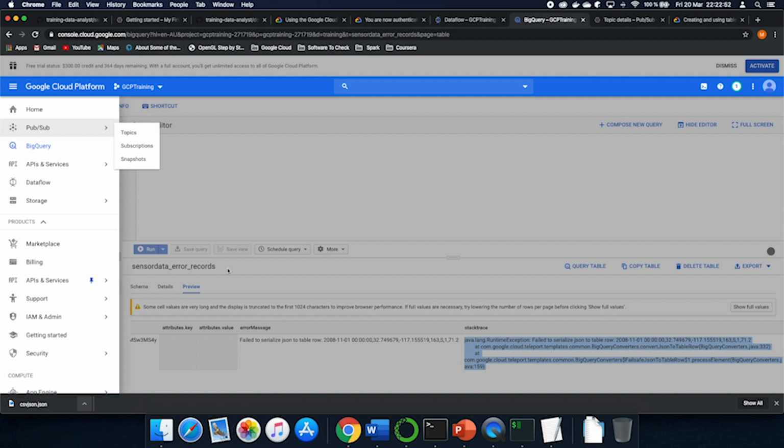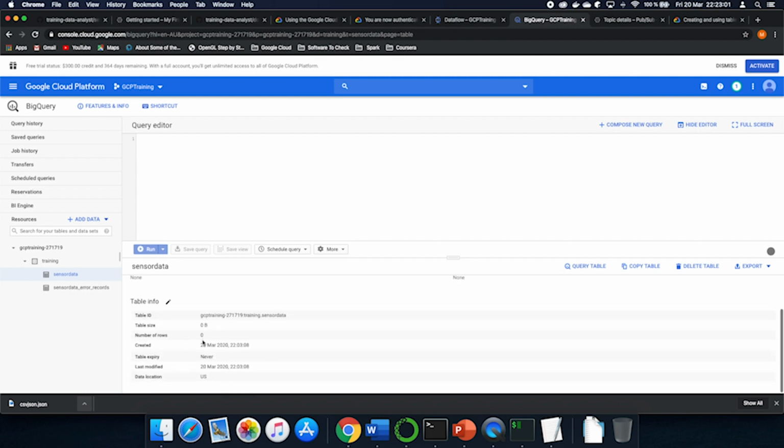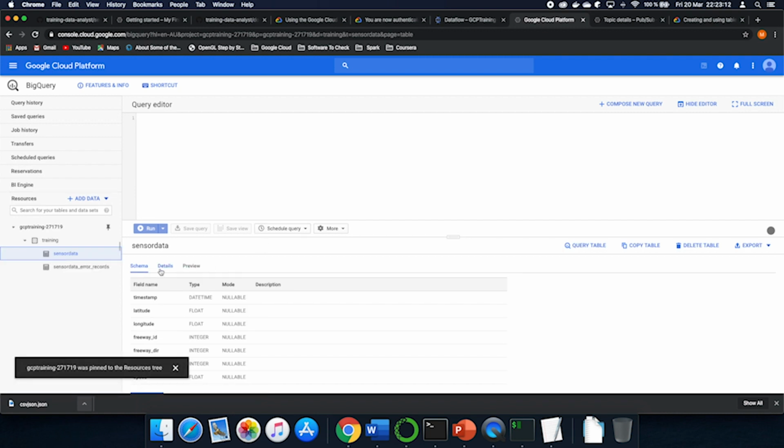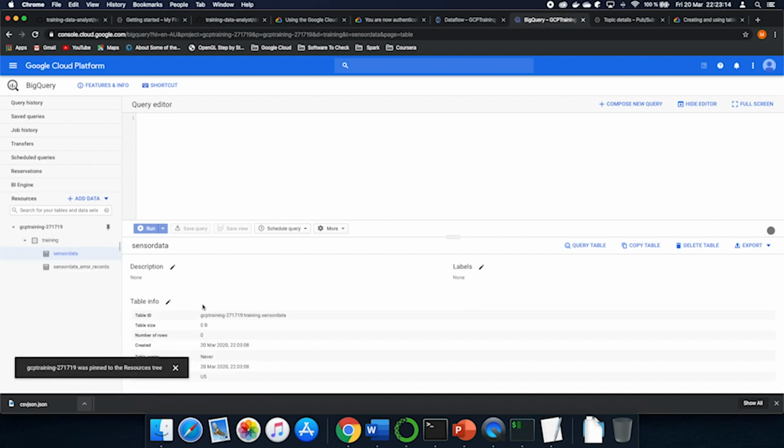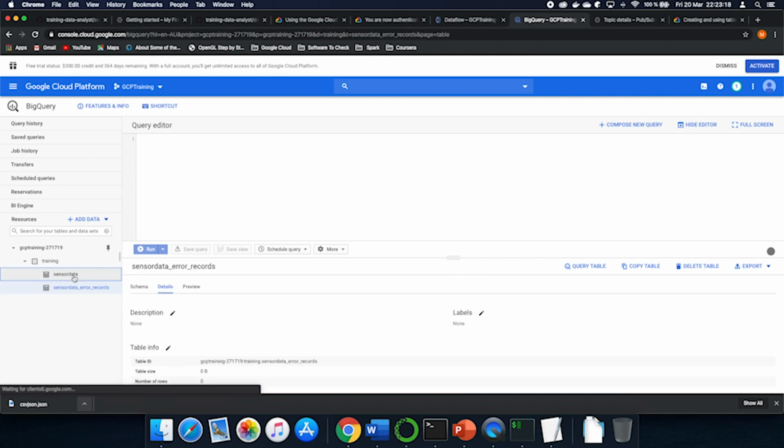So let's go to BigQuery and see if that is true. We go to sensor data, we go to details. We have to wait a little bit, because also important to know, BigQuery is not real time. It takes a matter of seconds to add data to BigQuery.